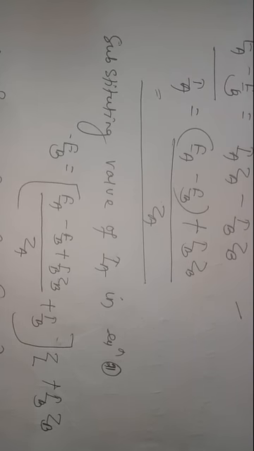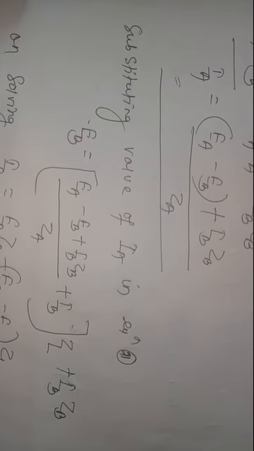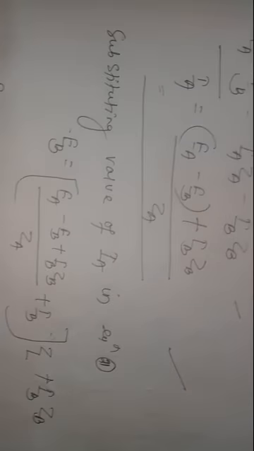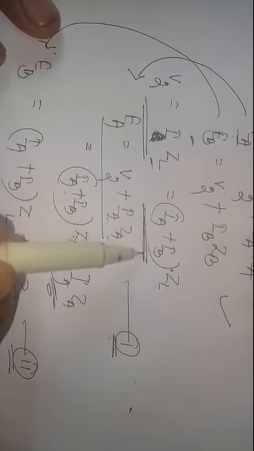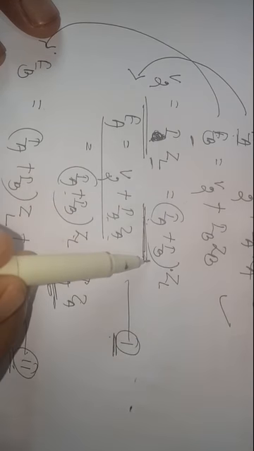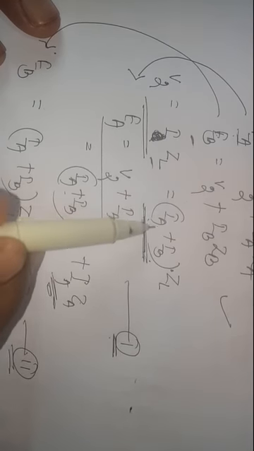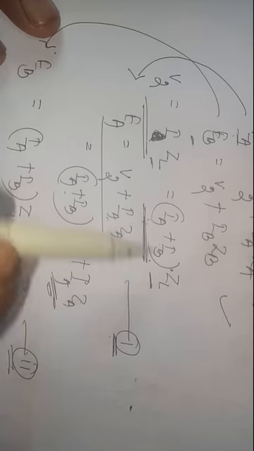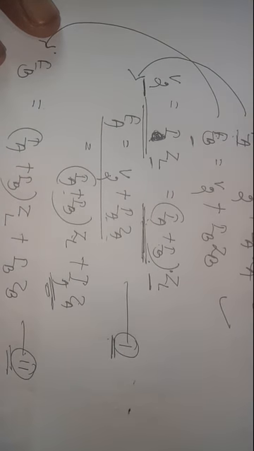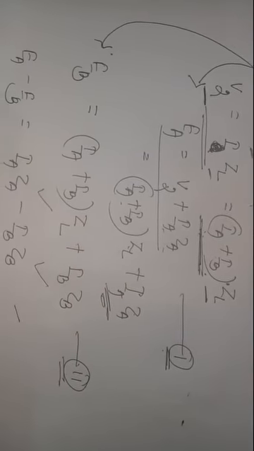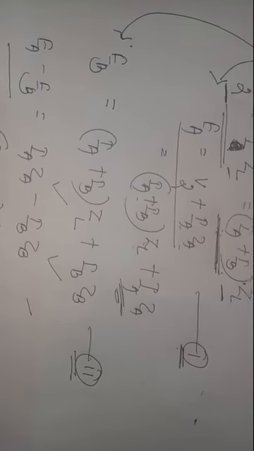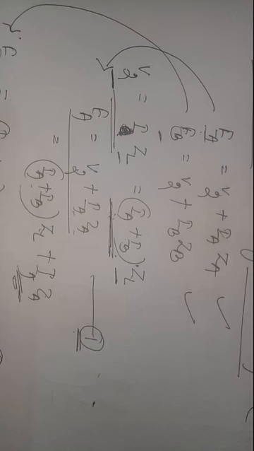After calculating the values of IA and IB, the common load voltage can be calculated. The values of IA and IB are substituted, their sum is taken and multiplied with ZL to get the value of V2. Likewise, you can calculate the currents and the secondary load voltage under this condition.